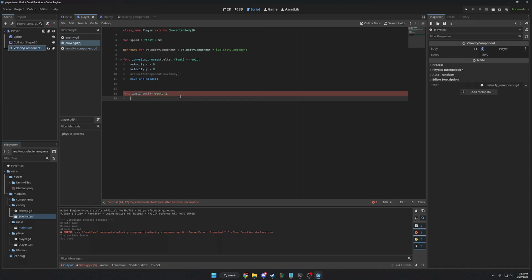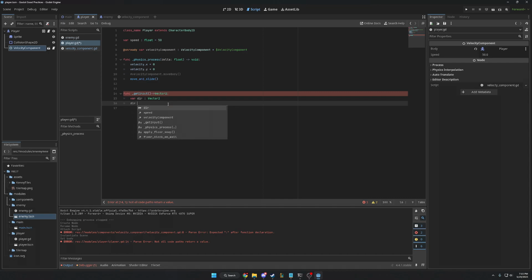With getInput, I'm going to make a new variable called dir, and I'm going to make it a vector2. The next thing that I want to show you guys is this really cool function inside of the input class called getVector, which is really important for either 3D movement or top-down multi-directional movement. So we're going to make dir equal to